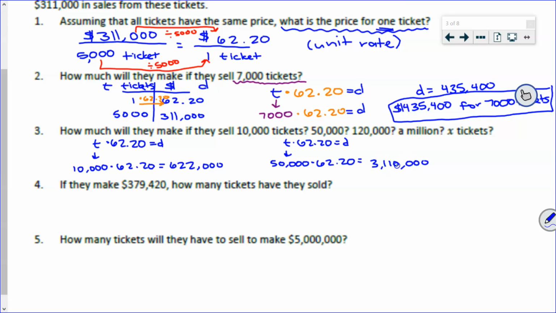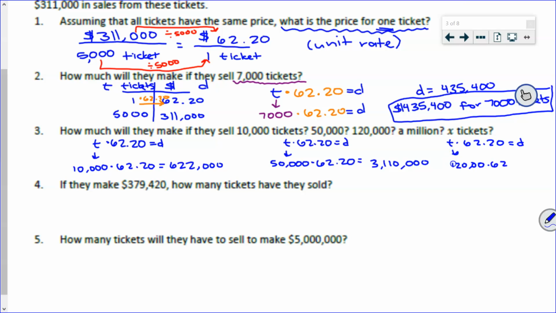Like this, 3,110,000, like that? Yes, $3,110,000. You said that perfectly. And now these numbers are starting to get pretty big in our calculator, right? T times 62.20. Only now the T is equal to